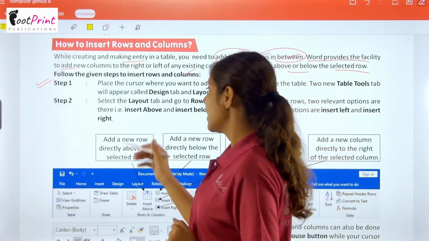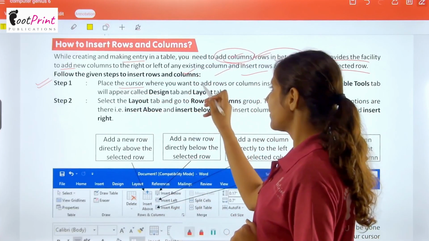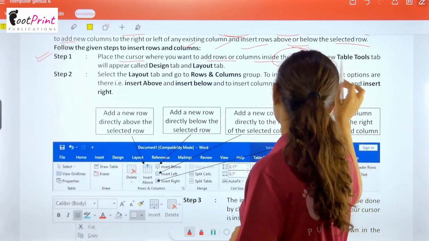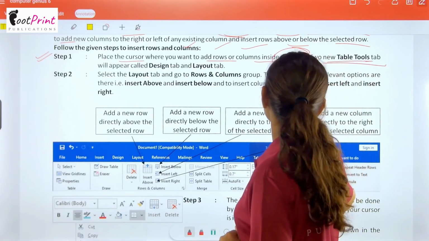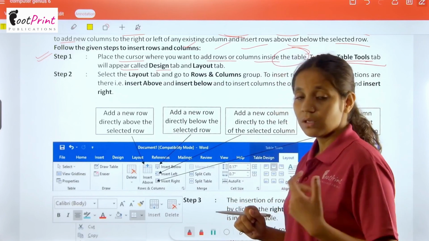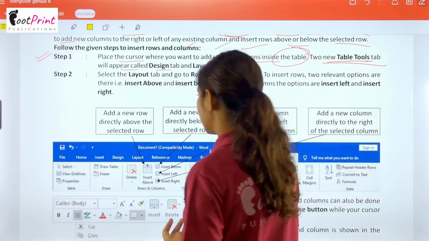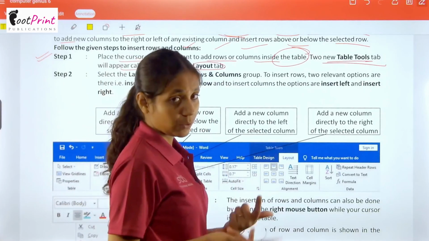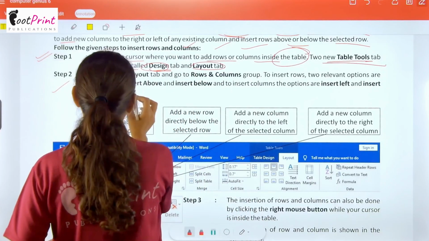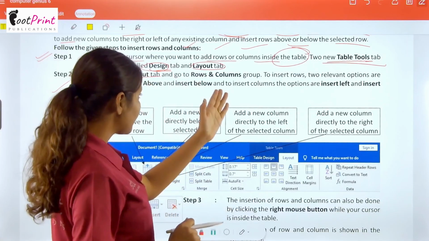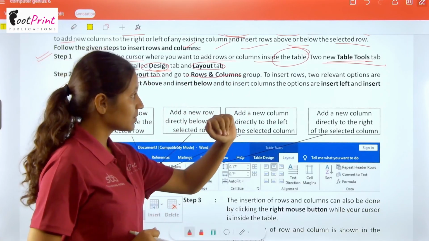So step number 1 says आपको cursor place करना है जहाँ पे आपको rows और columns को insert करना है table के अंदर. Then 2 new table tools tab will appear called design tab and layout tab. So basically उसके बाद आपको table के अंदर जाने के बाद आपको design tab and layout tab open हो जाएंगे automatically. Then step 2 says select the layout tab. That means step 2 है कि आपको layout tab में जाना है, then आपको rows and columns में जाना है,